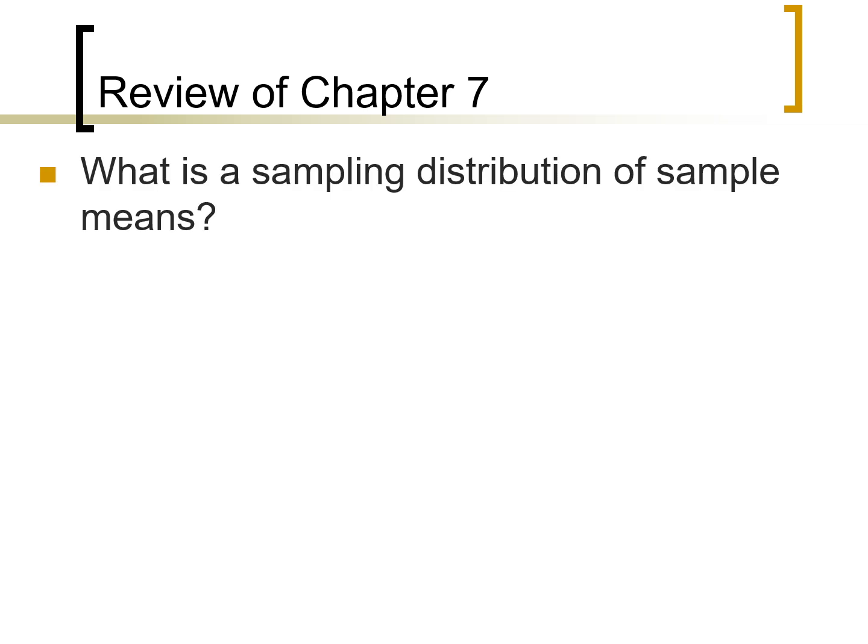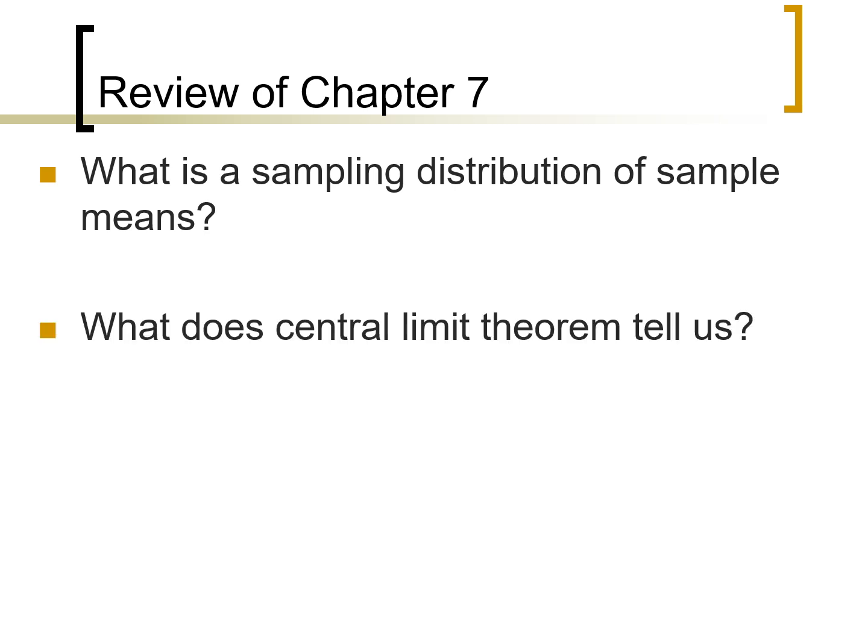So to begin our review, what is a sampling distribution of sample means? Instead of a distribution of individual scores, it is taking our mean that we want to test against something, and we construct this theoretical distribution. I call it a sampling distribution. Sometimes it's called the distribution of means, same thing. We put all the potential means of that sample size that we have, so all the possible sample means, so that we can place our sample mean on that distribution, see where it falls, and see what conclusions that might allow us to make.